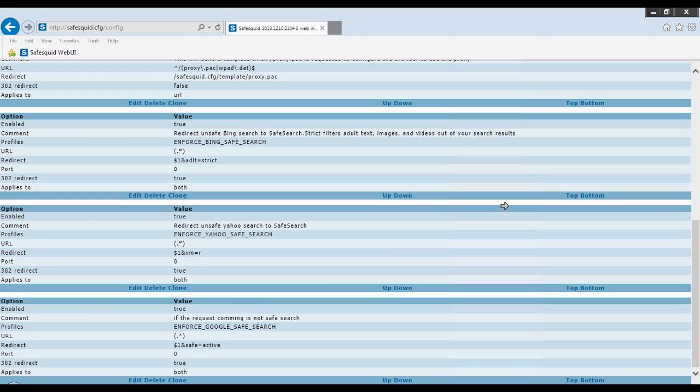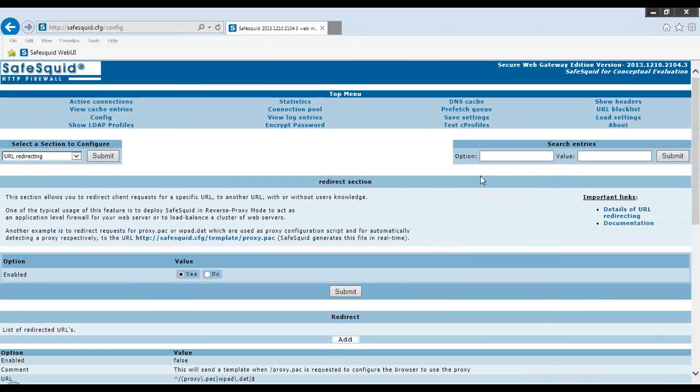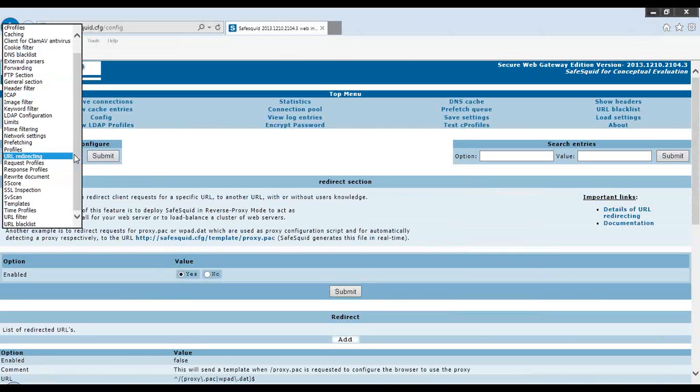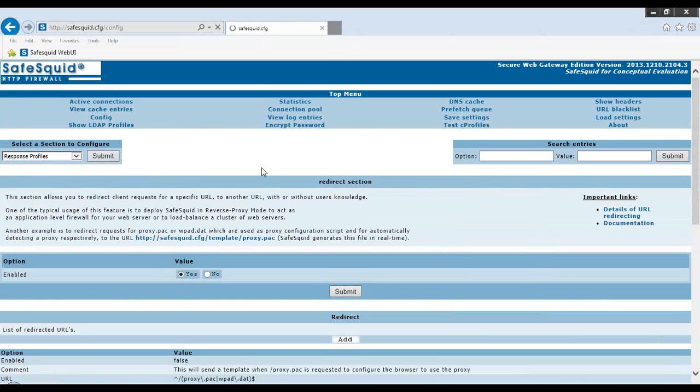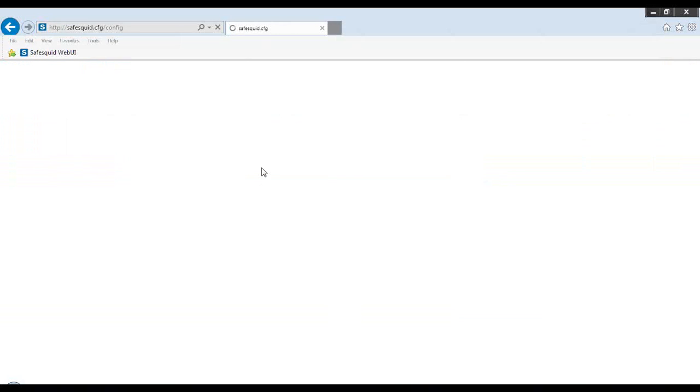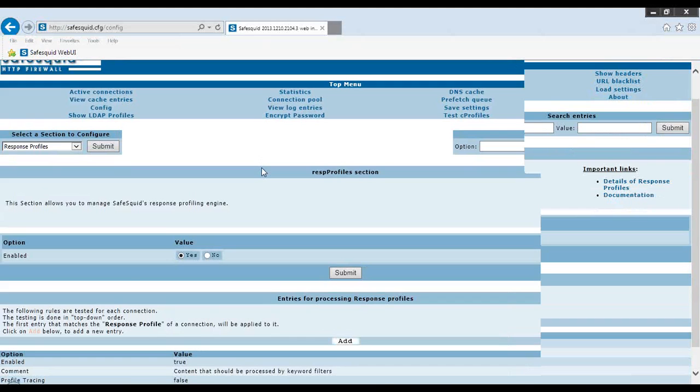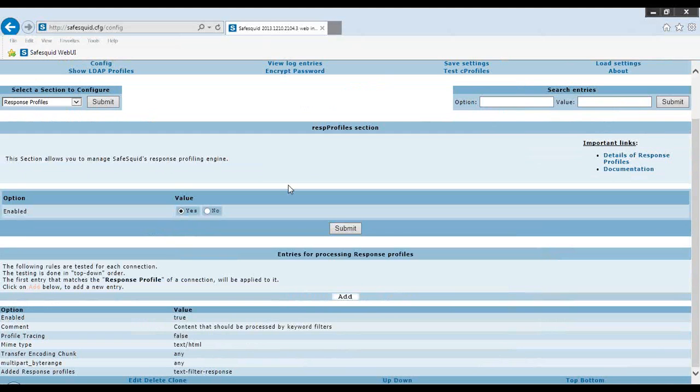Similarly, the whole profiling section has been split up from what you saw earlier in the earlier versions of CSQuid, and now you have different sections like request profile and response profile. Similarly, in the response profiles, you get all the parameters that a typical response from any web server would have, everything that web content would be able to offer in its response headers.